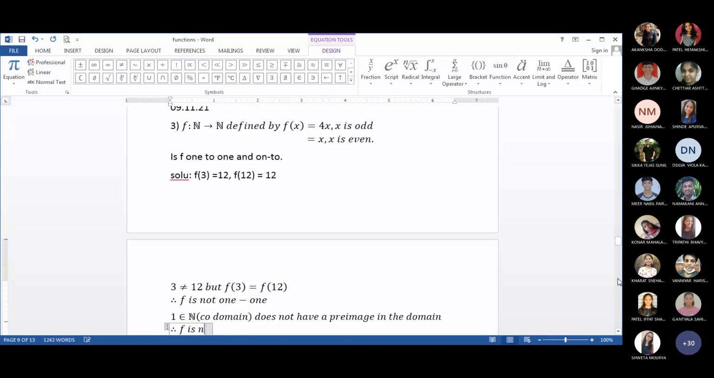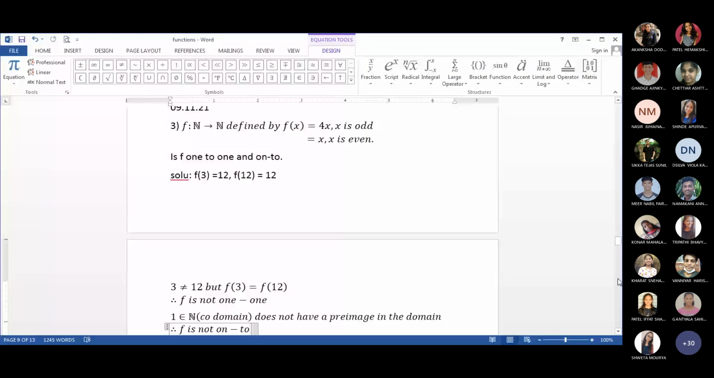Therefore, F is not onto. Not only for 1, you can take for 3. 3 का भी pre-image नहीं है, 5 का भी pre-image नहीं है. In simple words, कोई भी odd number ले लो codomain में, तो उसका pre-image exist नहीं होगा, क्योंकि तुम्हारा range